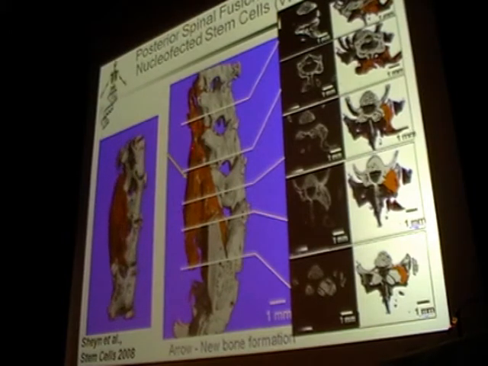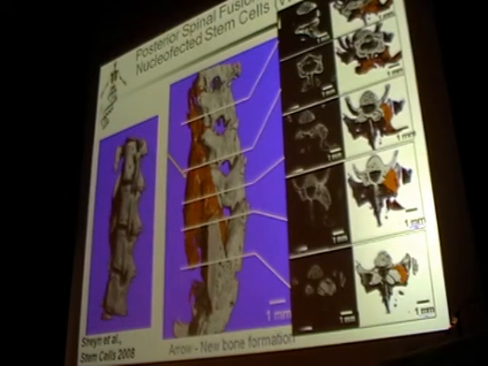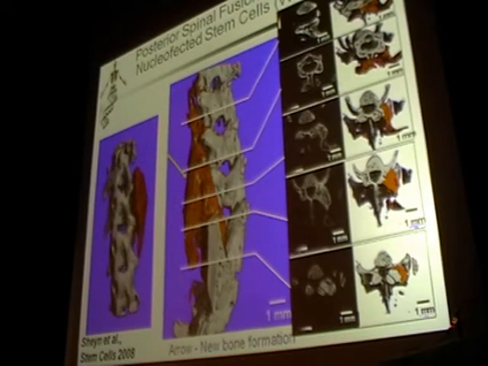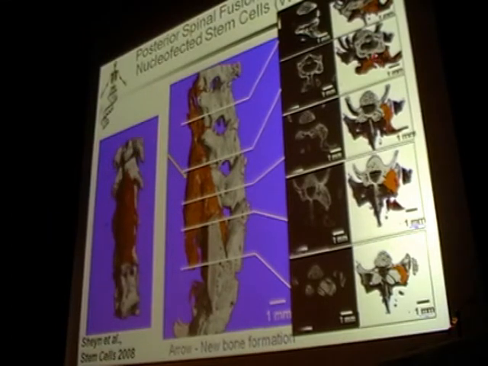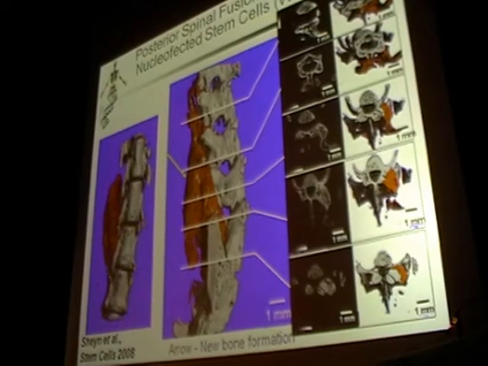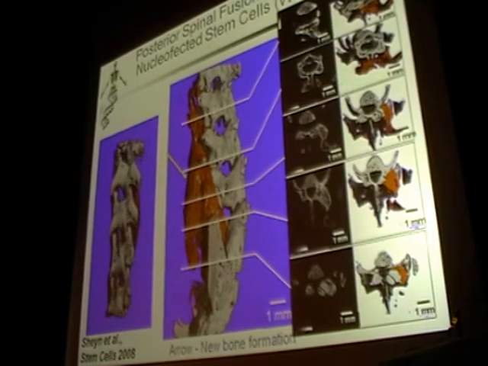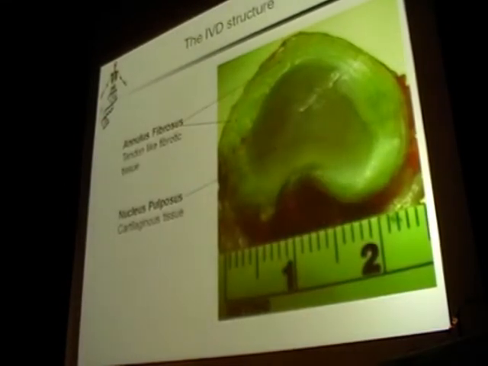Here in orange, you can see the bone formation that was induced by the cell injection, and here you can see the cross sections showing the fusion of the bone that was formed with the native bone of the vertebra. So this was our first application for spinal disorders, and we later went on and tried to repair the